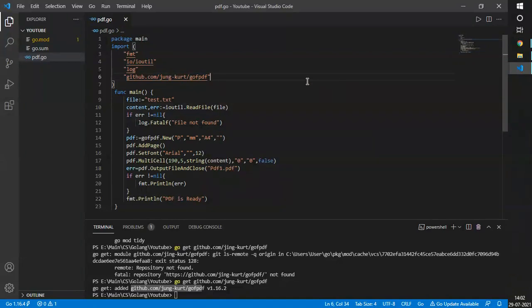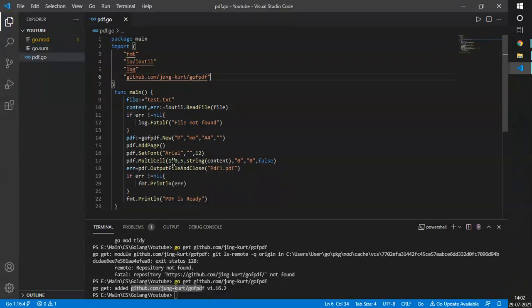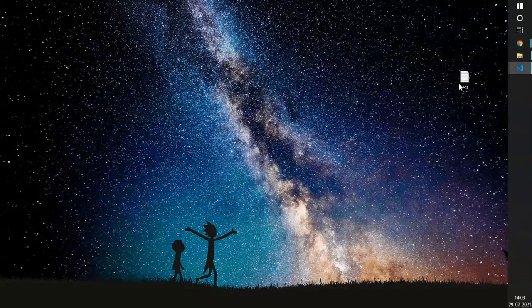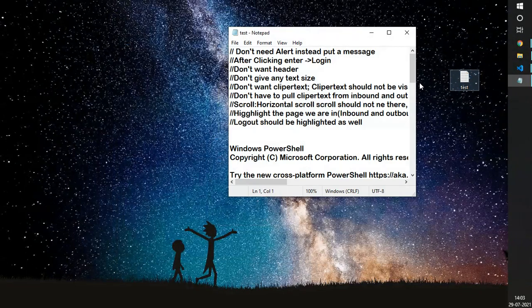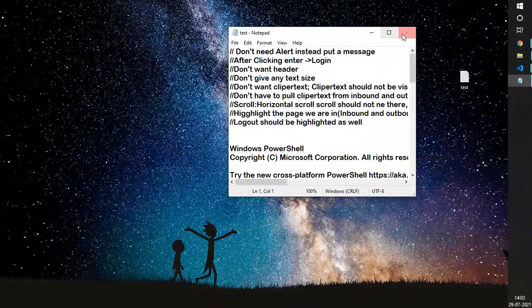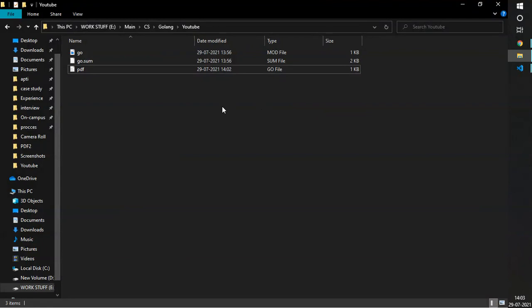There is just one thing left, that is the text file that we initially introduced. That is something we haven't added yet. For that, I have already created a text file. It consists of just random stuff. Doesn't make any sense actually. These are my quick notes from my previous work. So let's put it in the folder. Actually, the file that is going to be included has to be a local one. That's why we are keeping it in the folder. Otherwise, it is a long thing to come. So we have added it.